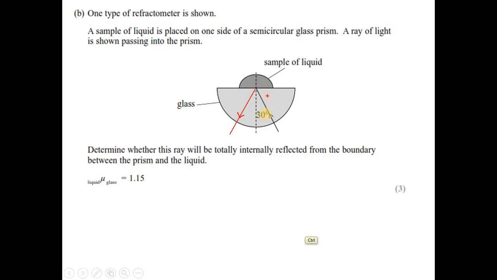But the second condition, we need to check whether this incident angle is greater than critical or not. So the easiest way to determine this, if we can manage to find the critical angle of this situation. So you know that the critical angle, sine C is equal to 1 upon n,